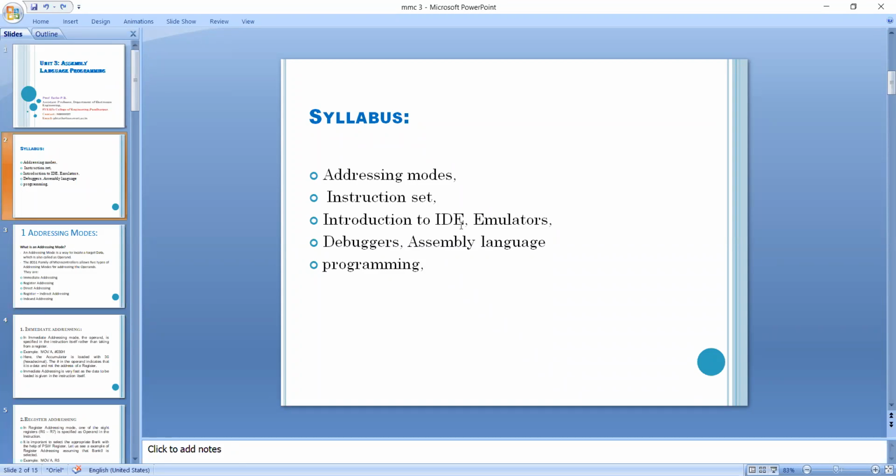Actually there is no question asked on the emulator, debugger, or IDE tools, but we are now expecting at least some 4 marks theory questions: explain the concept of IDE, explain the concept of emulator, explain the concept of debugger. Up till now not a single question has been asked from these 3 points, but sometimes we expect at least a 4 marks question. The maximum questions will be asked from the instruction set. It is very important. Why? Because whatever programming we deal with,